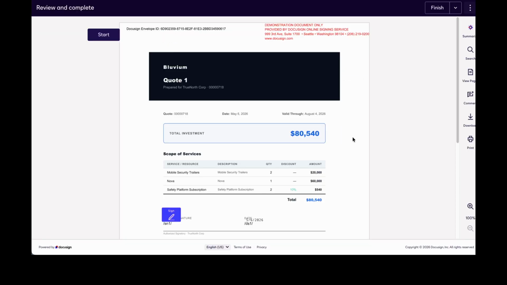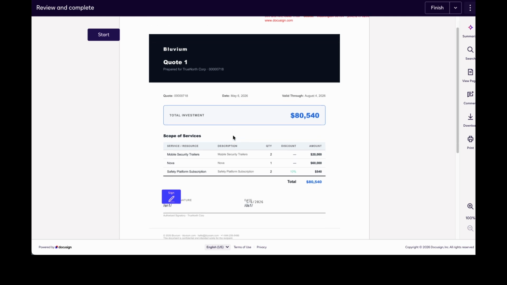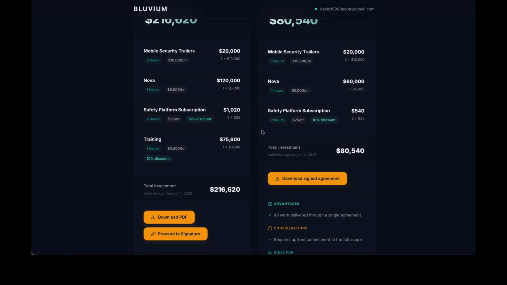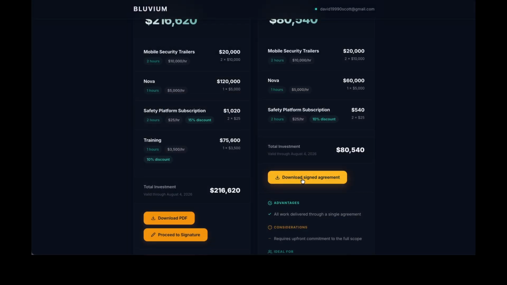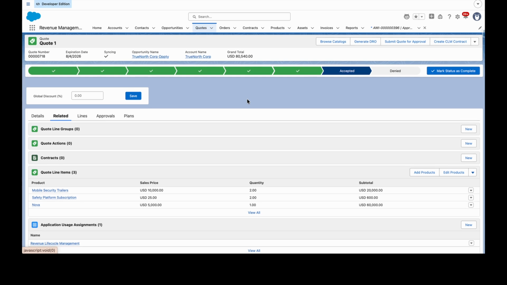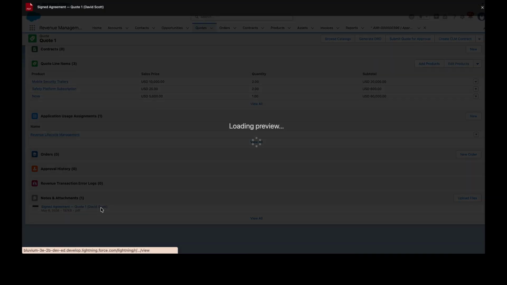NovaPact is integrated with DocuSign. The customer receives a DocuSign email, reviews the agreement, and signs. Once signed, it's reflected back in the buyer's portal. They can download the signed agreement directly from the deal room. And in Salesforce, the quote status updates to Accepted, and the signed PDF is automatically attached to the quote record